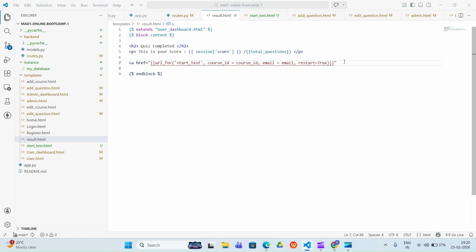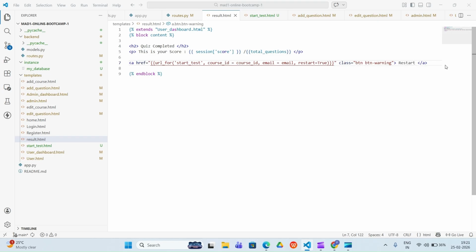And then you can give here the class of your button. Any button you can give. For restarting you can give danger or warning, anything that looks pretty. So let me give here warning, so that it will come in yellow color. And then we'll close this, and we can write here restart. Okay, so restart we can write here.